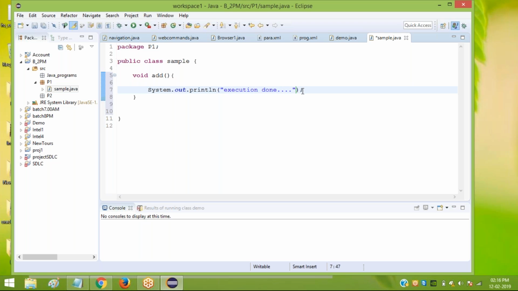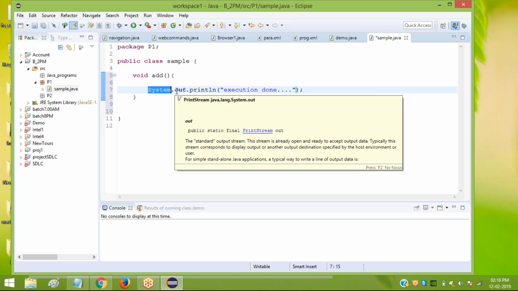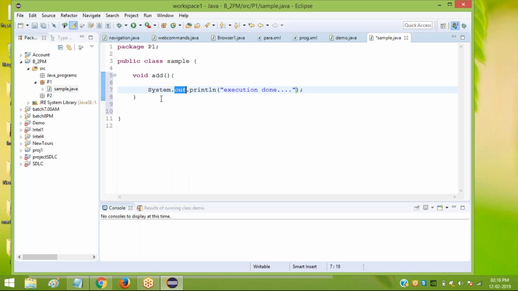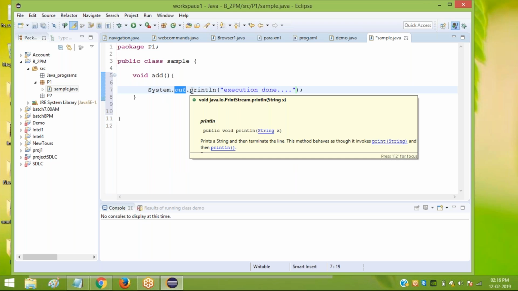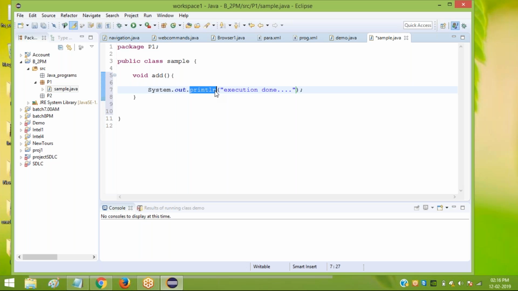This is the message in double quotes, ending with a semicolon. System is a class. Inside the system class, you have methods. Out is one method where it is going to output the data. Whatever it is outputting, you want to display it in the form of a string, print it on the